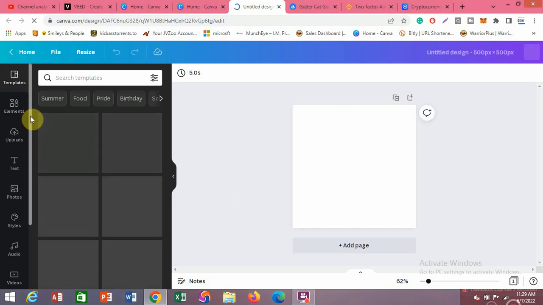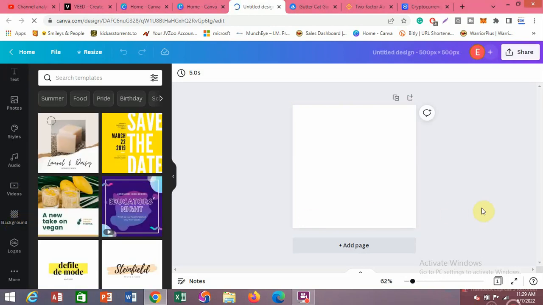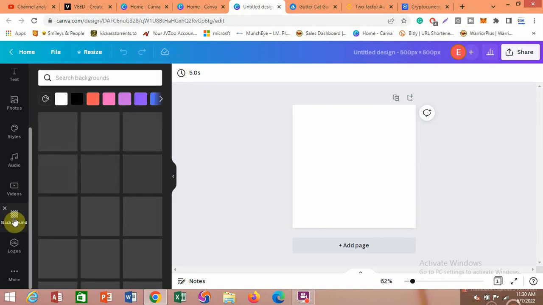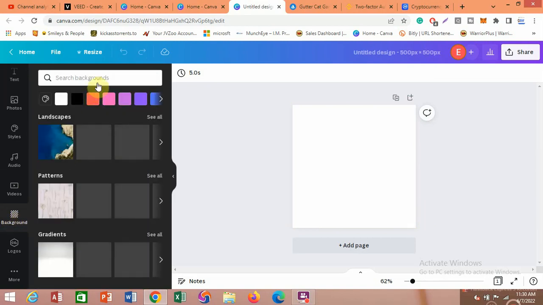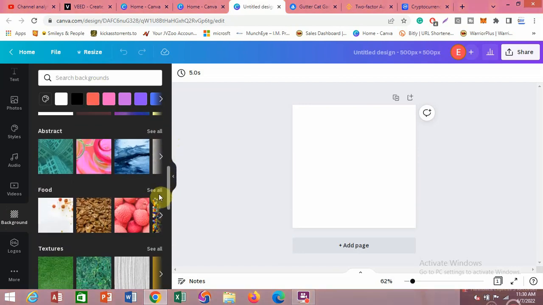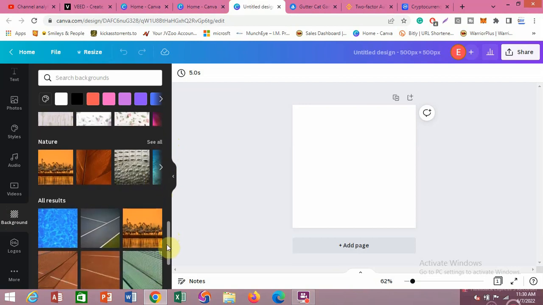If you follow my mouse, you come down here and click on background, because now we're going to choose a very beautiful background that we'll be using for our NFT. Okay, we're going to click on background. Then you're going to see different kinds of beautiful backgrounds, and all those things you can get done